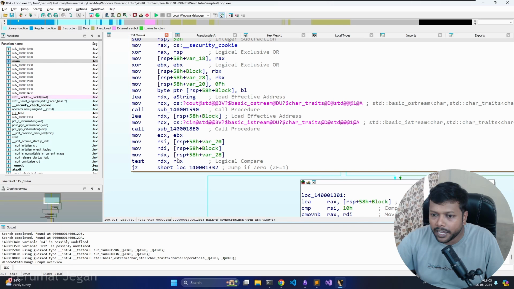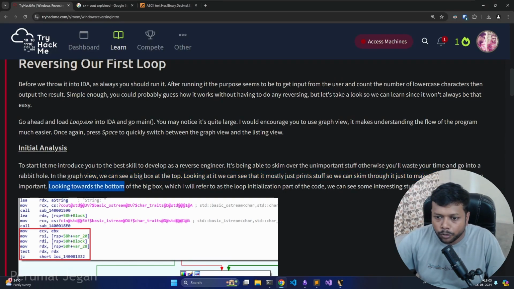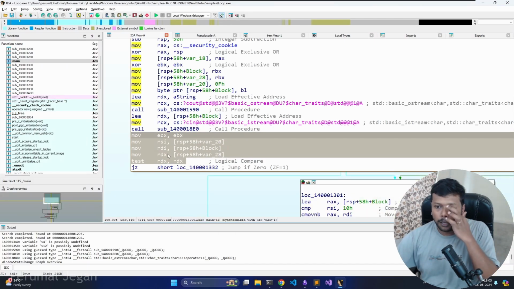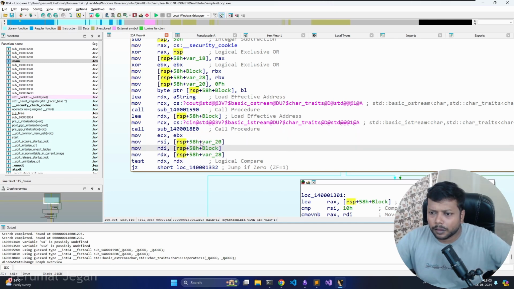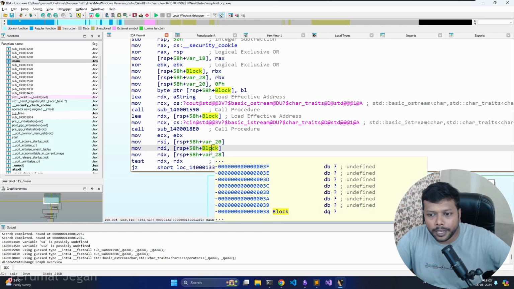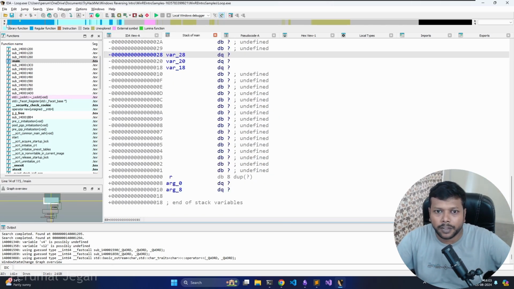But when I go here and see this block, that's what they are referring to right now. Looking towards the bottom of the big box, which I refer to as the loop initialization part of the code, here we see some interesting stuff. Let's see. And if you see this one, it is just moving a block. A block is nothing but an array, an empty array. It is moving an empty array into this RDI, the destination index, and it is moving two variables, 28 and